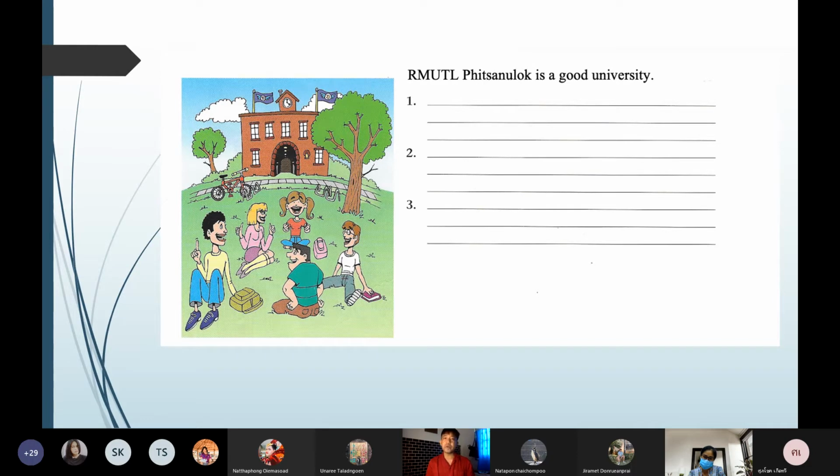RMUTL, third or last point, RMUTL is a good university because it is like a family. For example, you know your teacher, you know your friend as a family, like a brother or a sister, right? So you can easily go to them and talk to them. They're very much approachable. When you ask your teacher about your homework or about your research or about your project, you could ask your teacher freely. You can go to their office and ask with ease. It's so easy to contact them because it's like a family.